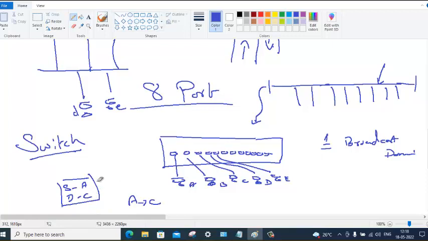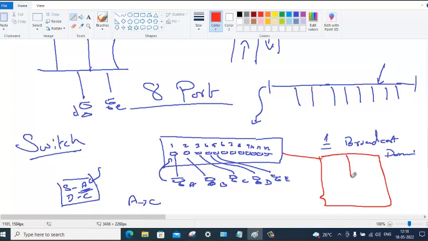When this packet approaches the port, let's say this port number is 1, 2, 3, 5, 6. Now what this port will do, it will listen to the frame and it will learn the MAC address of the incoming frame. So what it does is it maintains a MAC table in which it will learn, like, source called A connected on port number 1.